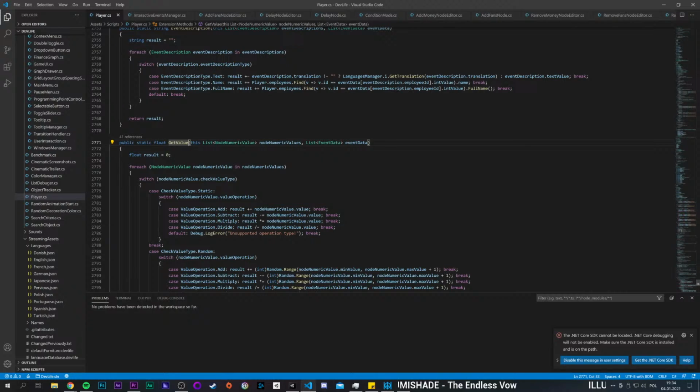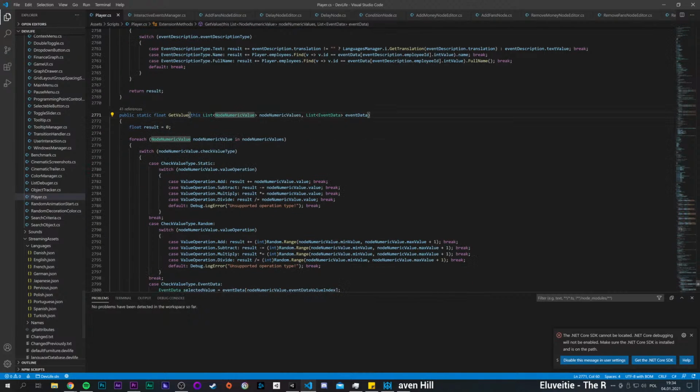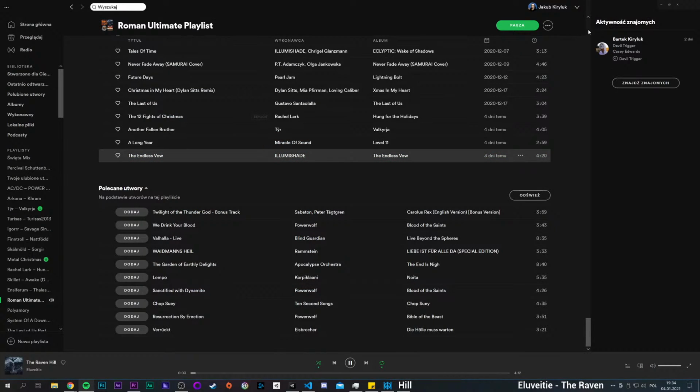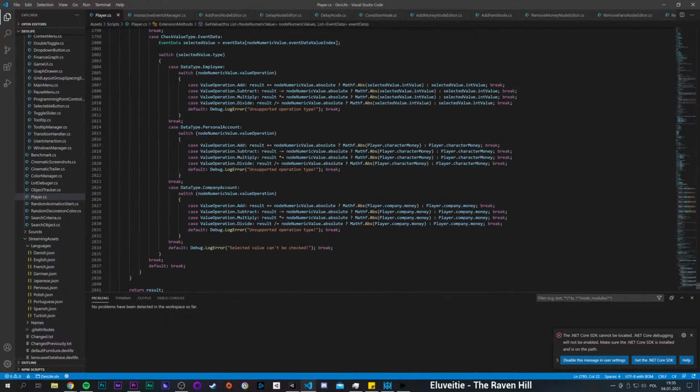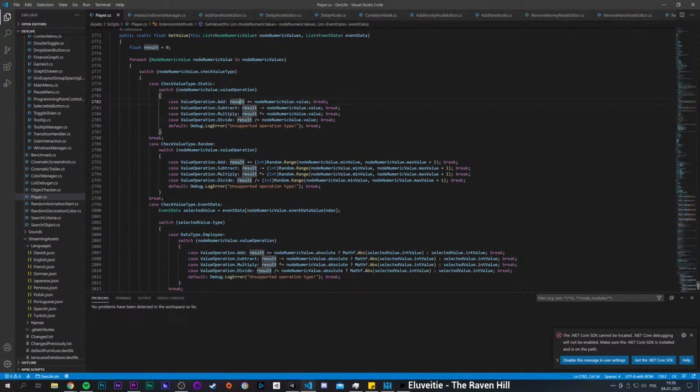This is the extension method for a list of the type of numeric value class, and it just makes the whole thing work. So that's basically just a lot of switches inside of switches that handle adding different values. So of course when you have static, it just adds values. When you have random, it randomizes the value between the minimal and the maximal value plus one, because this method